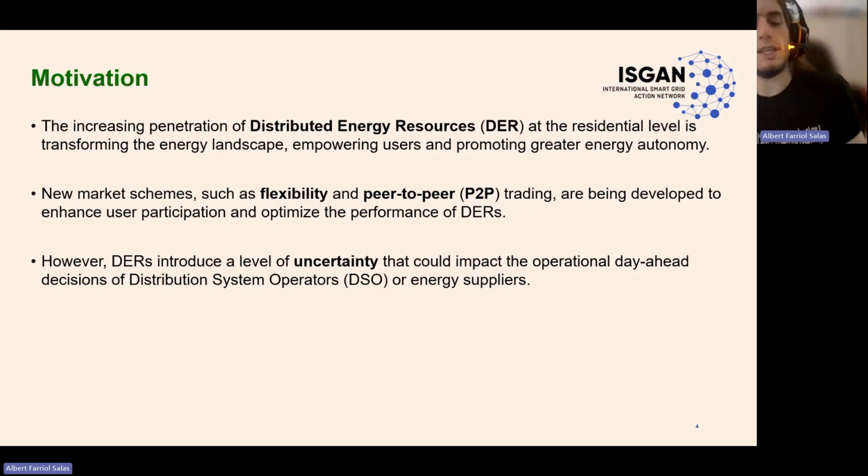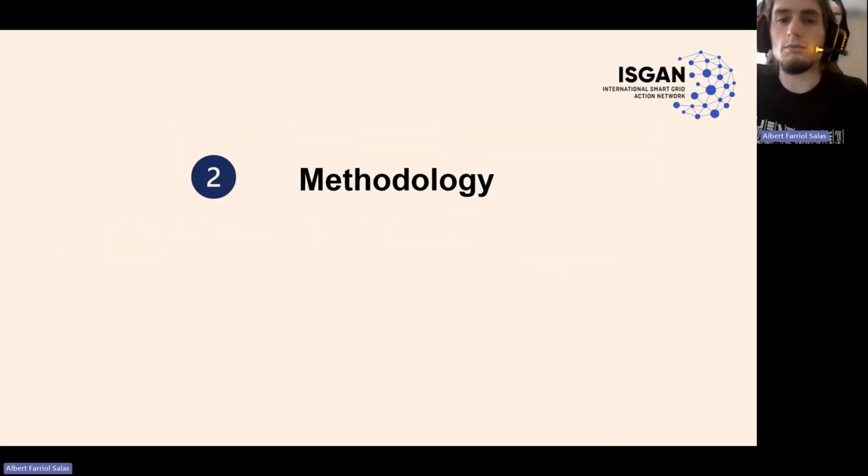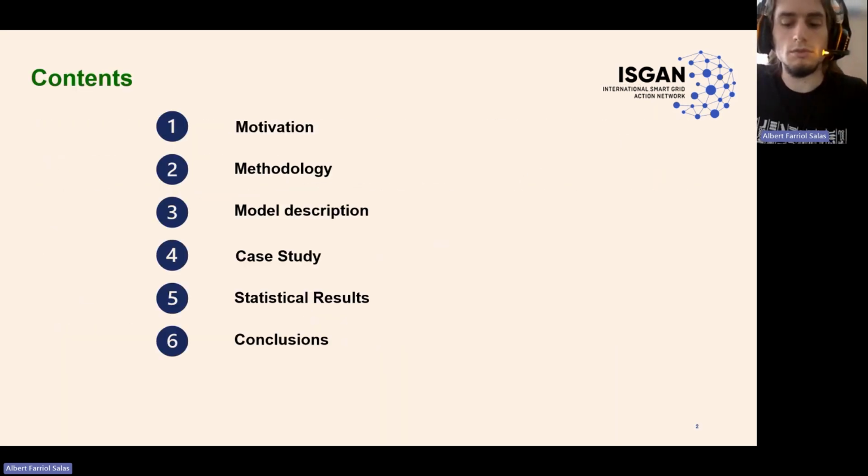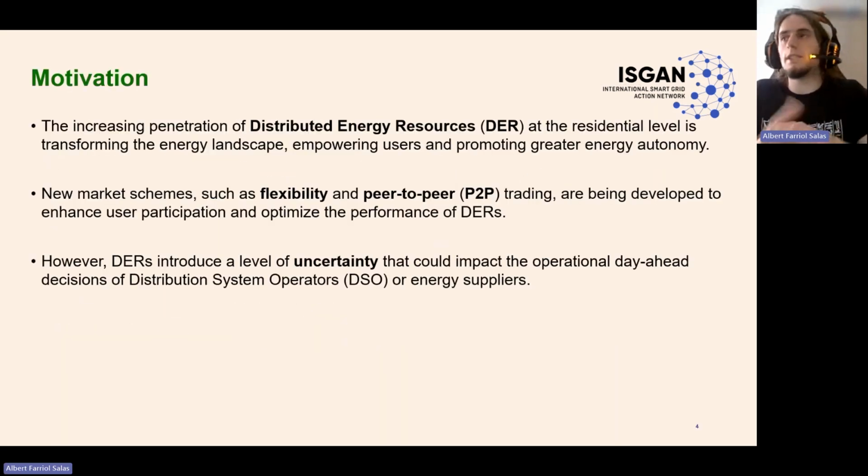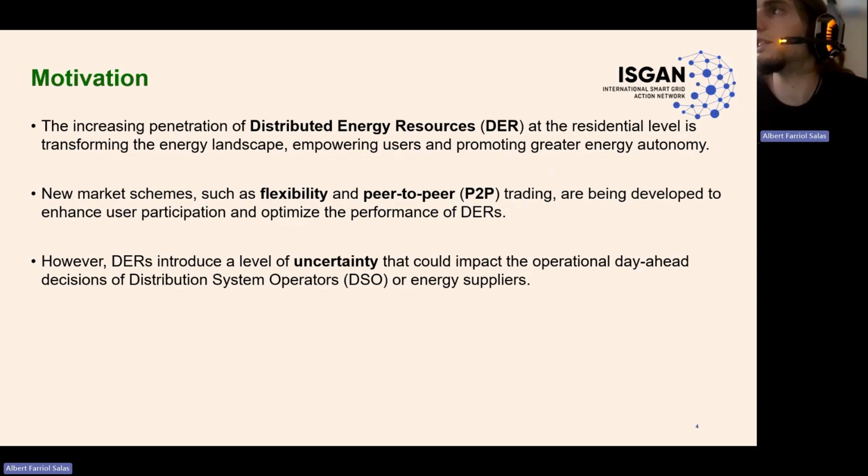This is all really nice, but this introduces a level of uncertainty that could impact the operational day-ahead decisions of the distribution system operator or the DSO or the energy supplier, and this work will be focused on the